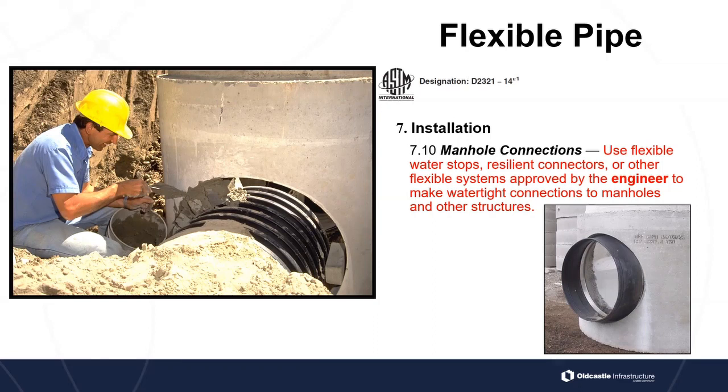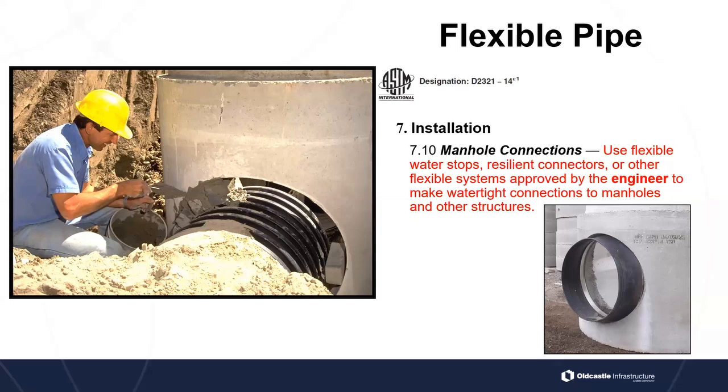So if that pipe deflects 5%, if it's a rigid grout like we use in concrete pipe, that's fine because the pipe isn't going to deflect, right? But if it's a rigid grout like that and that pipe deflects, it's going to crack the grout and it's going to fall out. It's going to wash in. It's going to have groundwater and other material enter and debris enter our manhole, and it's going to be a problem. But that's why they want flexible pipe to use these flexible boots on these manholes as they connect them,